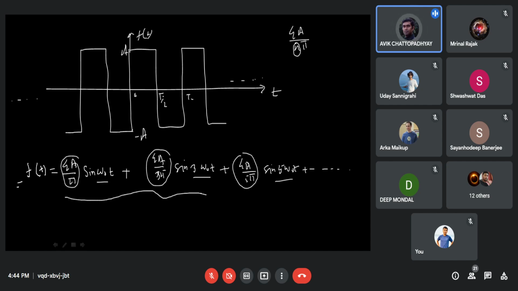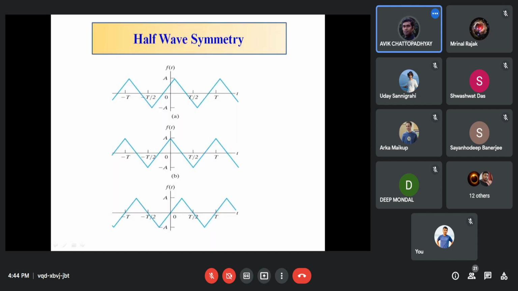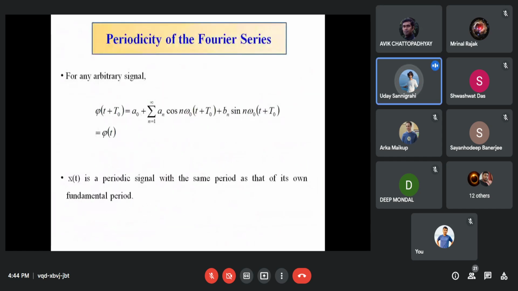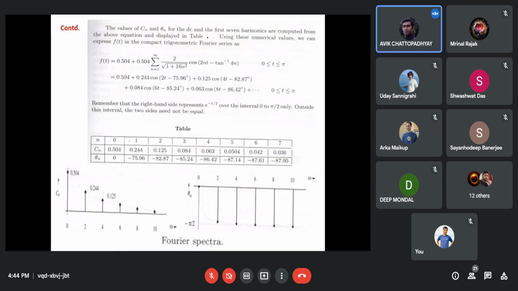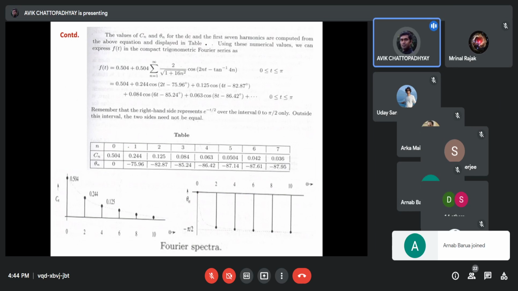So we can conclude from this that the amplitude goes down inversely with the order of the harmonics. That is, more is the order of harmonics, less is the amplitude. The same conclusion we drew in the last class from an example. I think this example, this one. এই যে, ঠিক আছে, এক্সাম্পলটা দেখে দেখো, অ্যামপ্লিটিউড ডিমিনিশ করছে, ঠিক আছে, সেম থিং।